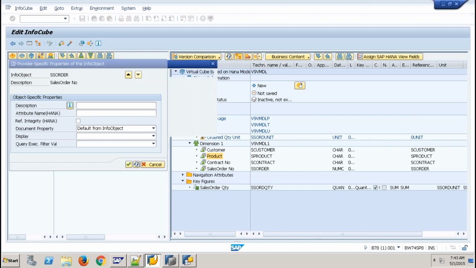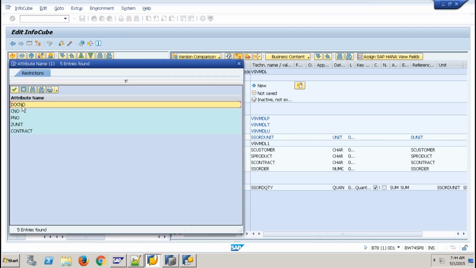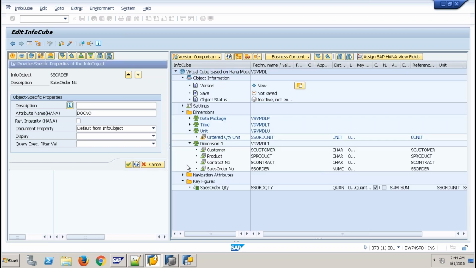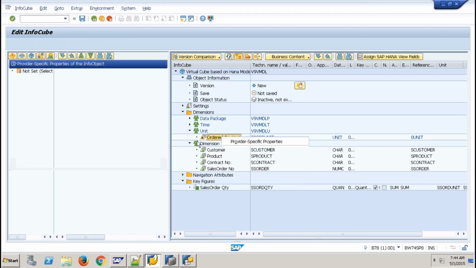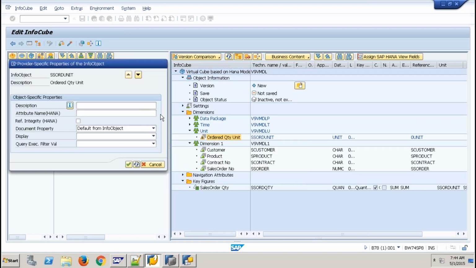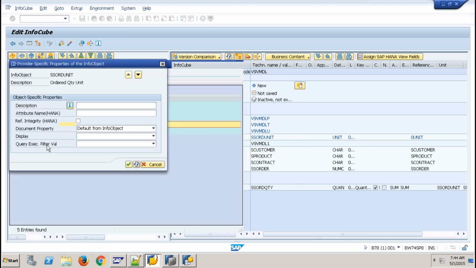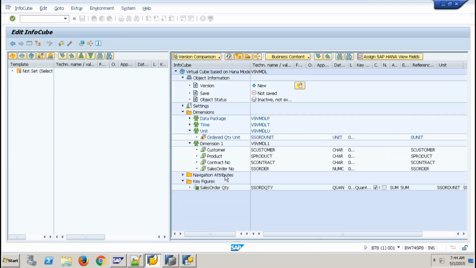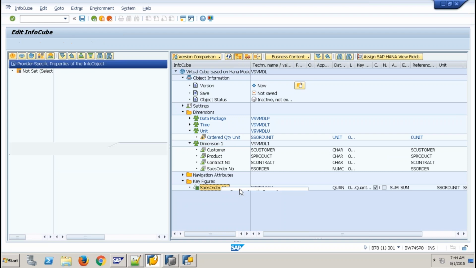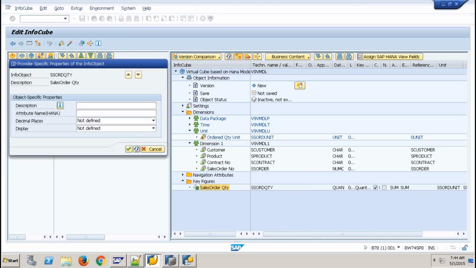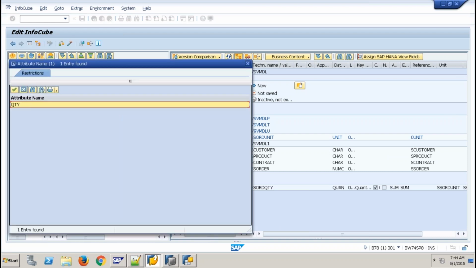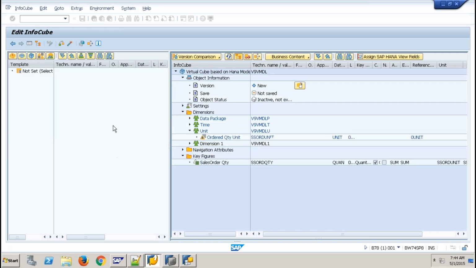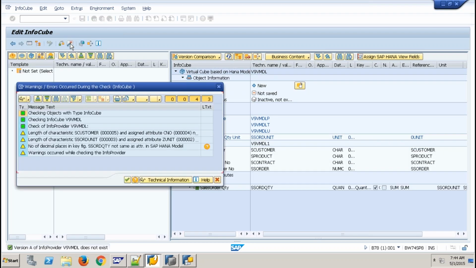Order must be mapped to document number. And I also want to do mapping for the quantity field, unit, and quantity. Okay. So this is how you create a virtual cube.